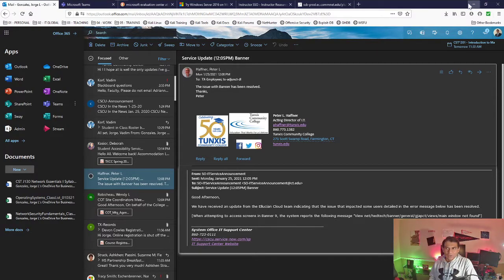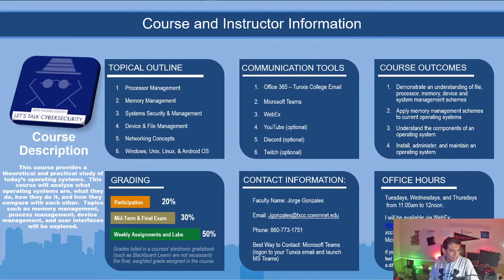If you don't want to use the browser and you prefer to install that on your cell phone, on your mobile device, you will be able to do that as well. And I have a, let's see if I can show you really quick. I'm going to display the screen of my cell phone for you.